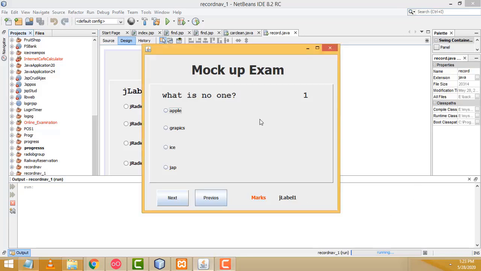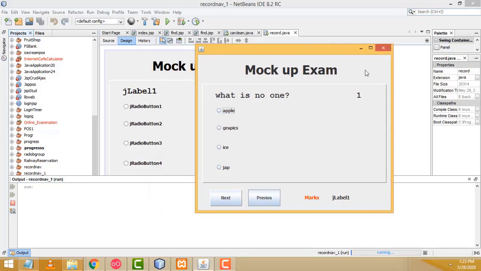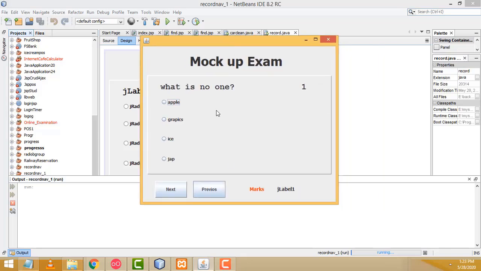Today I am going to teach how to make a simple exam system using Java. This is the demo, right? We have only 3 questions. If you do not mark any answer here, this is the question, this is the answer. If you leave it blank and do not select any answer, click next, it won't go to the next,